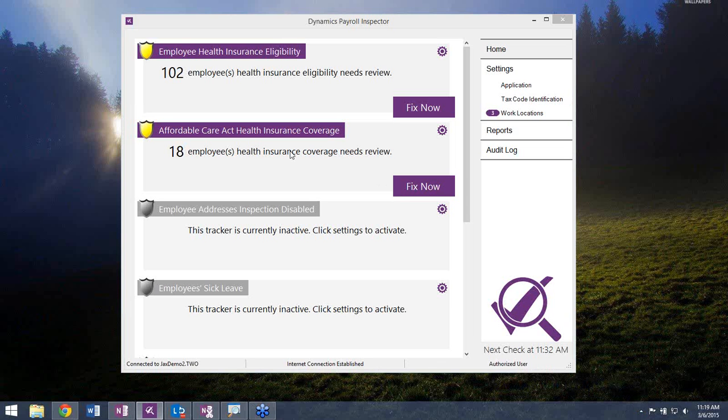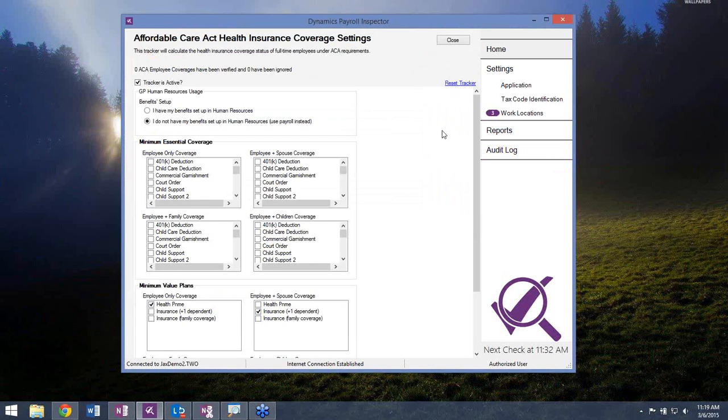We will move on. So what I'm going to do with the coverage widget is the same exact thing I did with the eligibility widget. I'm going to show you the setup screen, and then I'll show you how we will fix a problem that we found. So the actual setup for the coverage is even easier than it is for the eligibility, simply because what we're doing with this is mapping back to data that's already available for us.